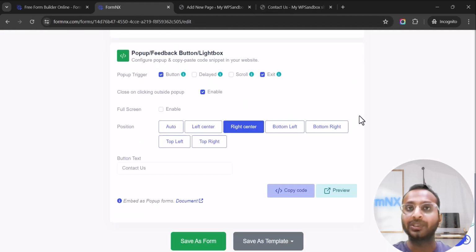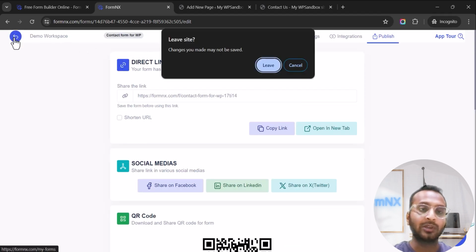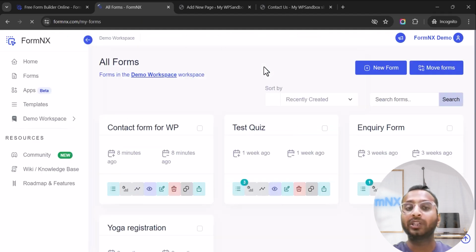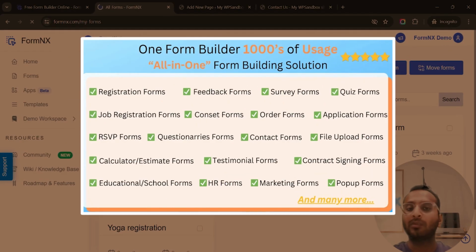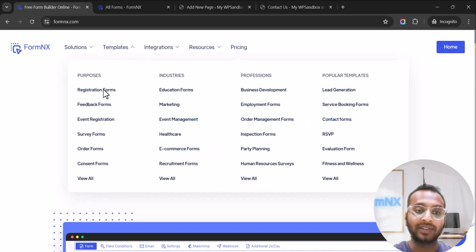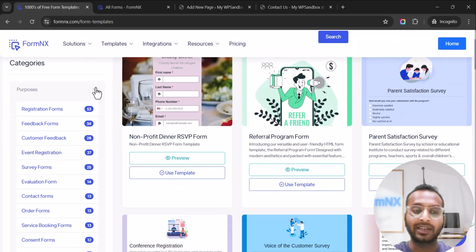So a lot of different options are present to embed the form in your website. You can directly embed it as a full page form, or you can embed it as a pop-up form with different triggers. Not just a contact form, there are a lot of different options to create different kinds of forms. Let's say you want to create a quiz form or a survey form or a registration form. Any kind of form you can easily create here, and you can use our pre-made library of different templates, for registration, feedback. A lot of different templates are present over here which you can easily use to create